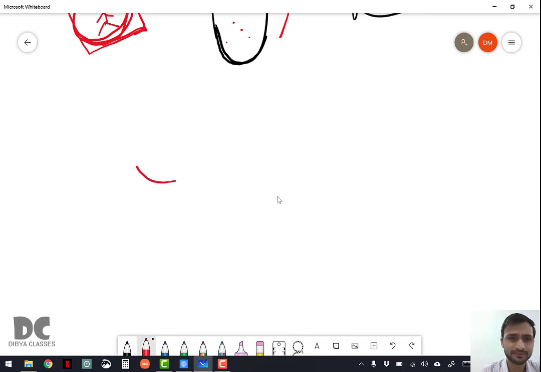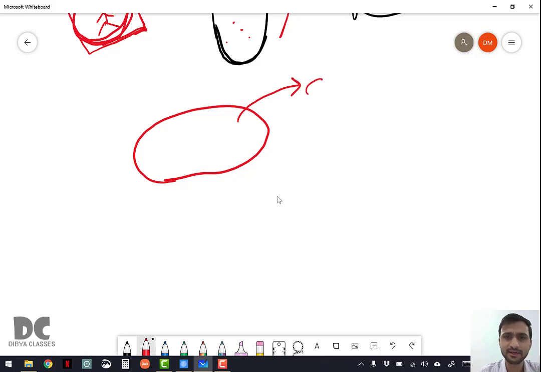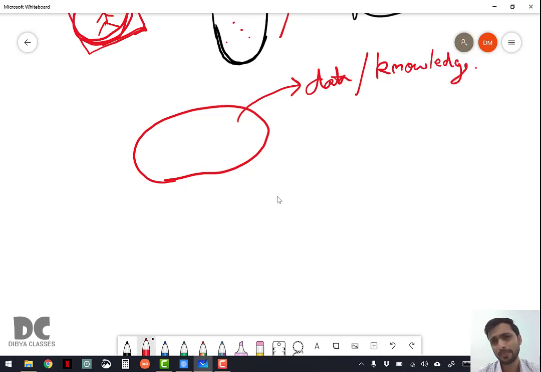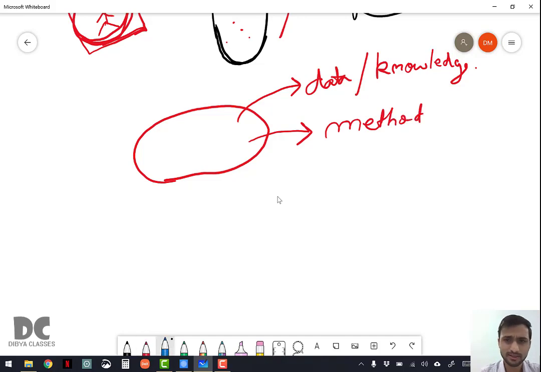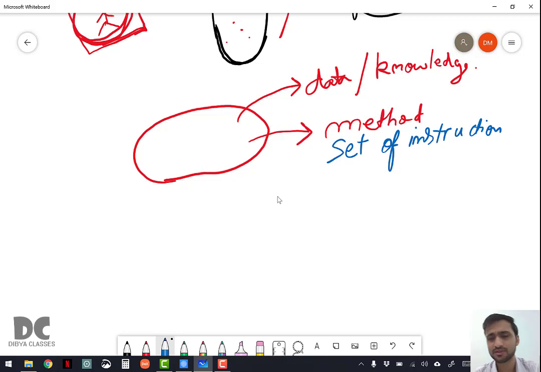So this brain, if this is our brain, contains a lot of data. That is nothing but, we can say, knowledge, we can say information. We have information, we have knowledge. And we have some methods. A method is nothing but, for now you can remember, a set of small instructions.